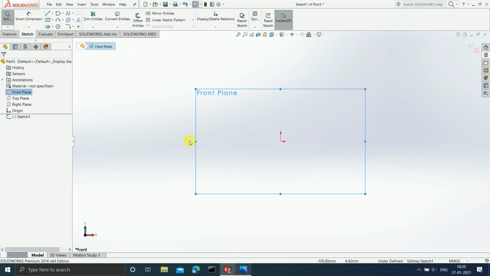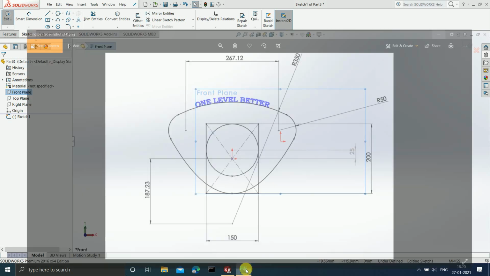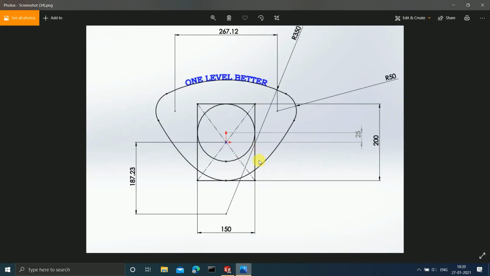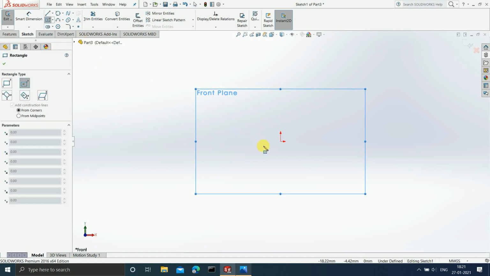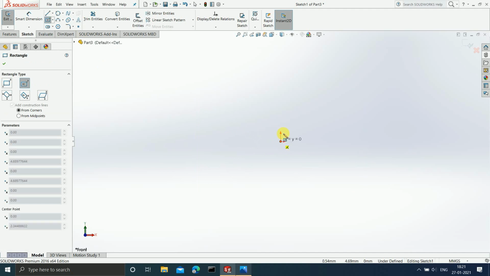Now after this is done, I have to have a look at the figure. Okay, now in the figure, the first thing that I can observe is the rectangle. And if you observe one thing guys, the center of the rectangle is at the origin. So I know where the center of my rectangle should be. So therefore, when I drop down this menu, I have different options available. But since I know where my center is going to lie, therefore I am going to choose the center rectangle. Now after I choose the center rectangle, my center should be on the origin. I will click on the origin and now I will simply extend the rectangle.